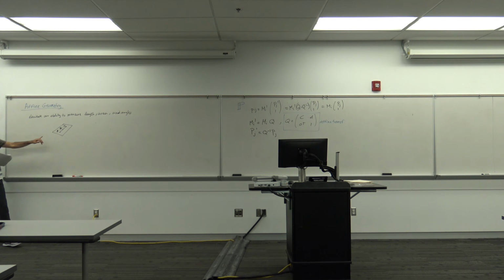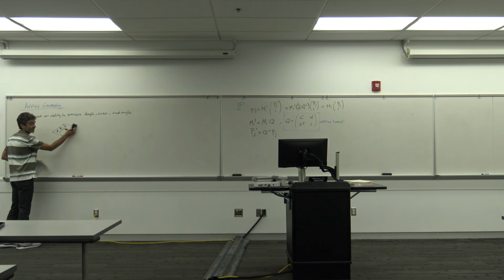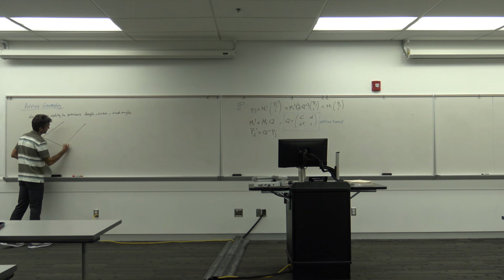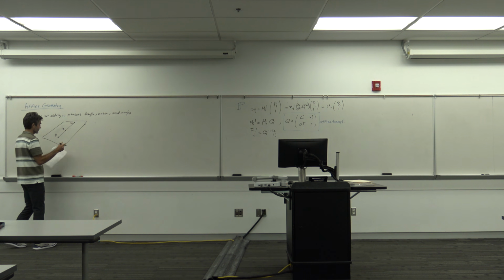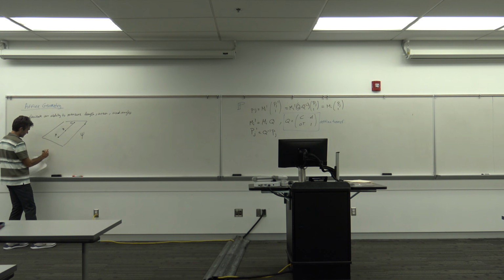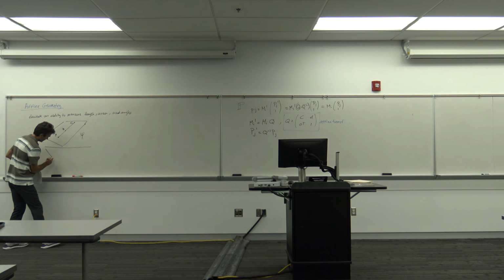Let me probably make this a little larger. I have three collinear points, A, B, and C. Okay? And now what I'm going to do, I'm going to apply an affine transformation to that space. Let's call this psi. And let's say that after this affine transformation, I end up down here